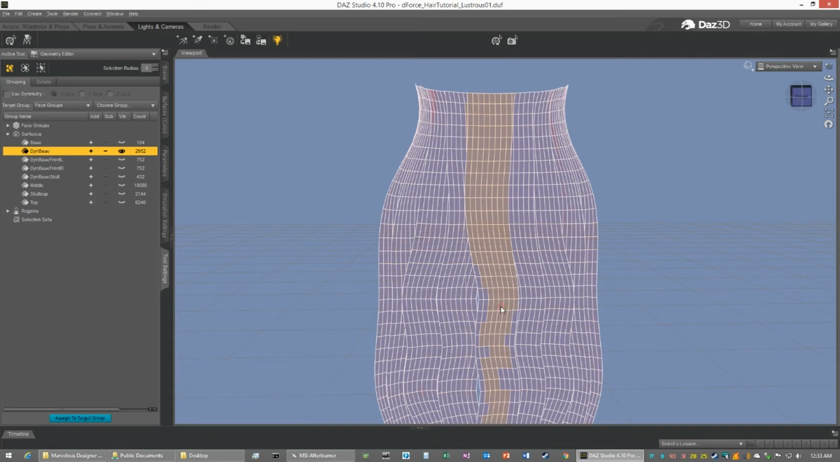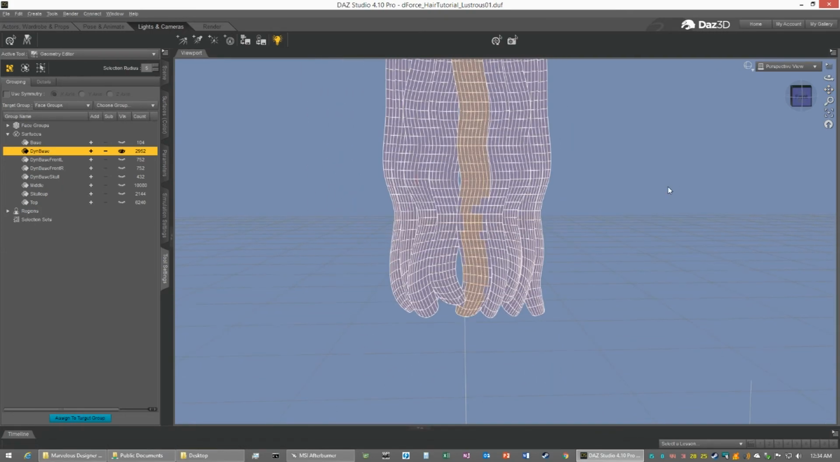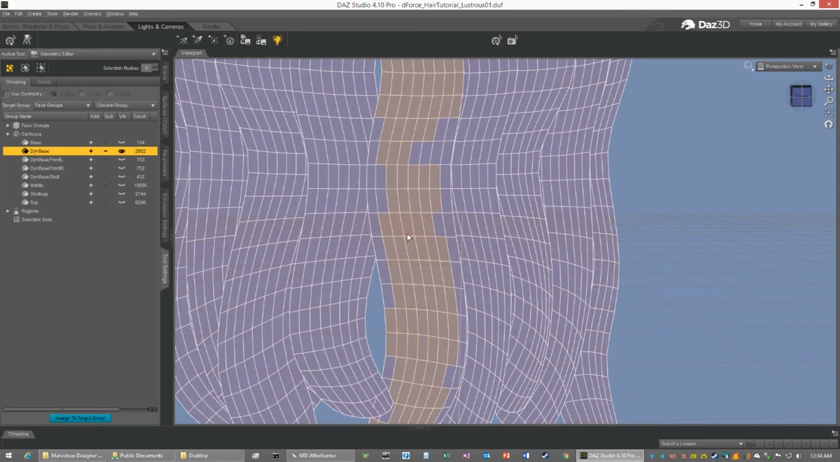You can change the size of this selection radius tool, but because it's round, you run the risk of selecting a whole lot of the neighboring mesh, which then you have to go back and clean up by setting the size down. So